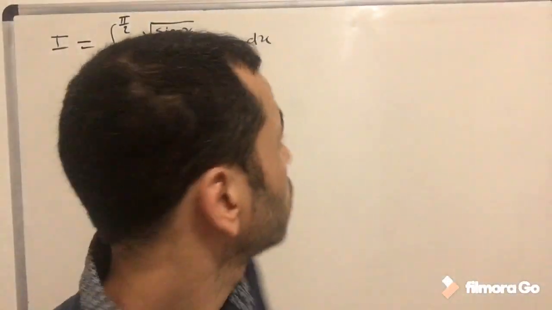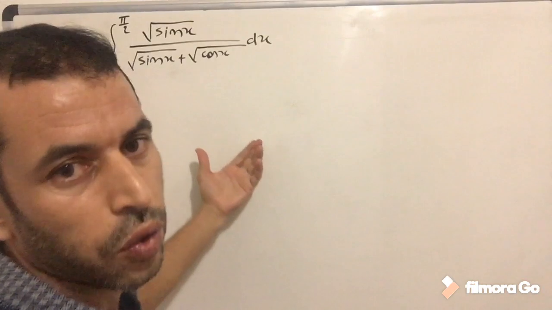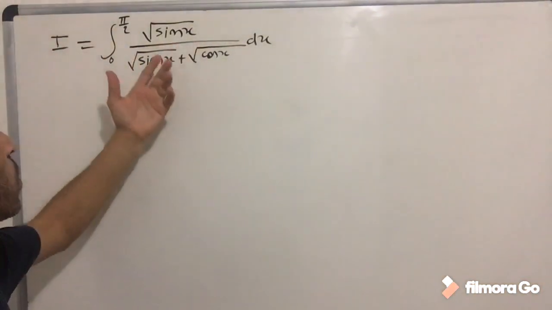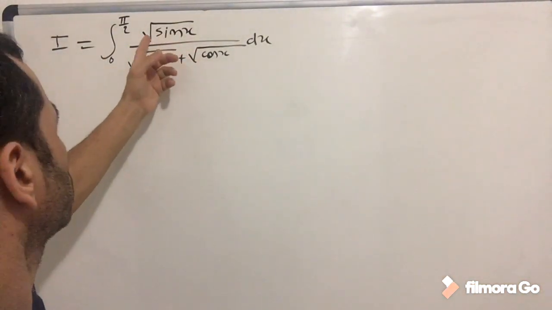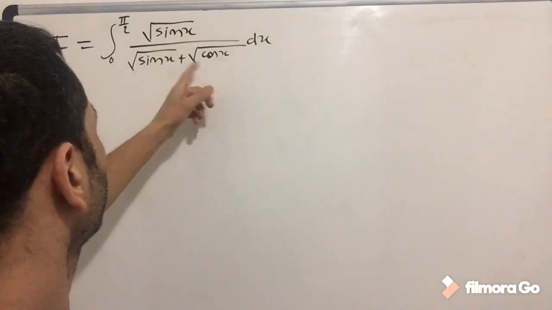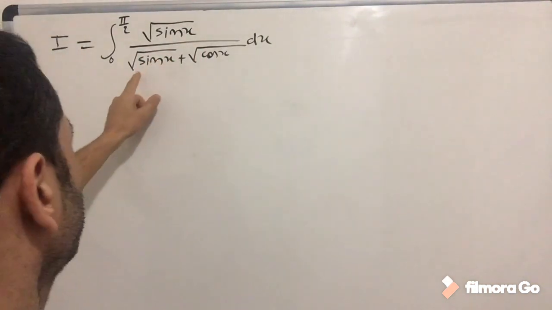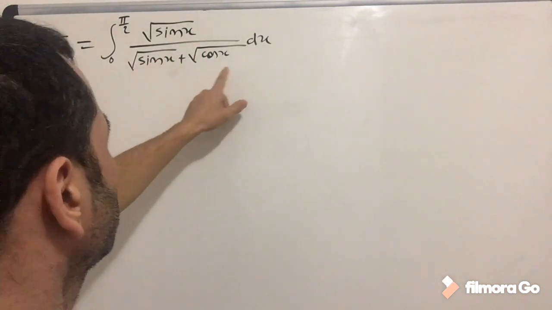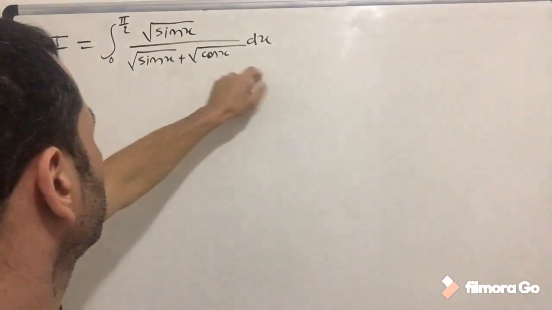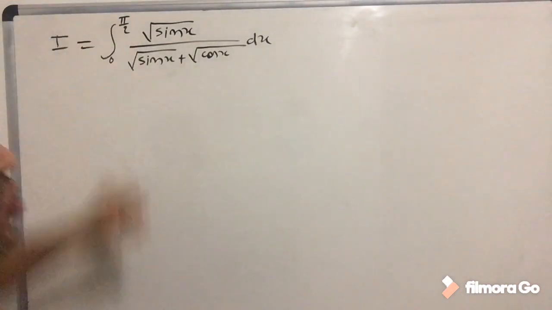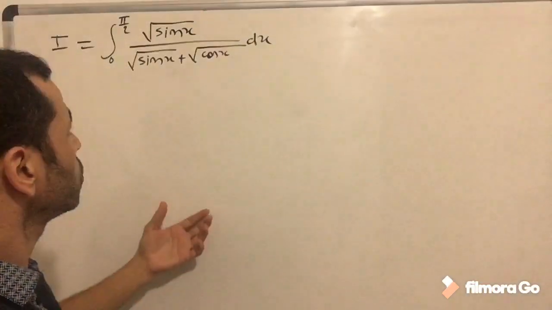Hi, good morning. Today in this video we are going to evaluate this integral: the square root of sine x over the square root of sine x plus the square root of cosine x, dx, with bounds from 0 to pi over 2. So this one,